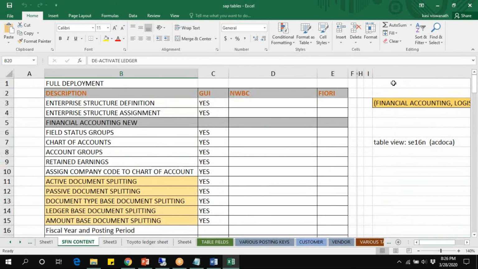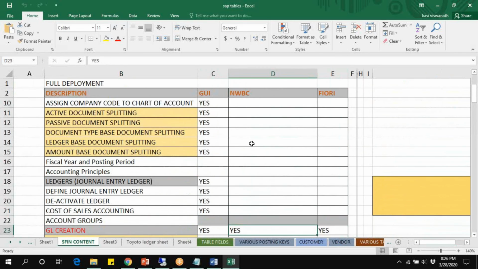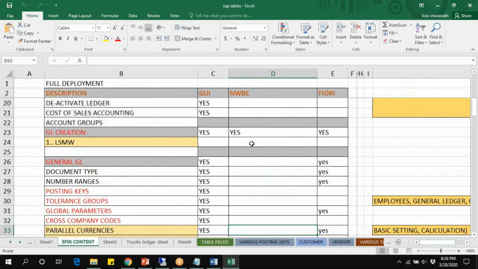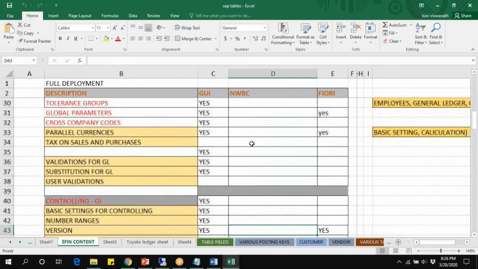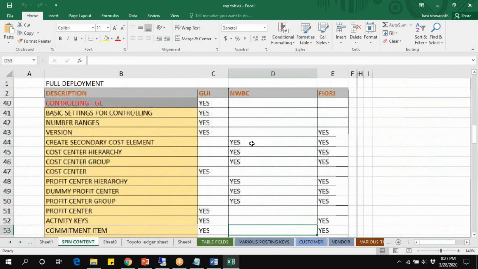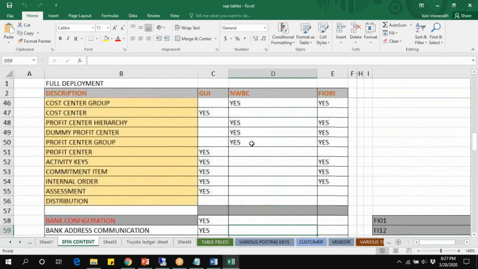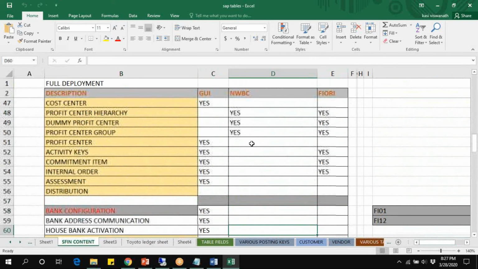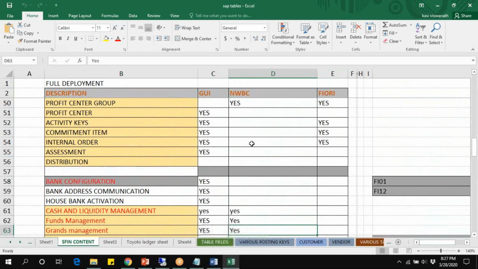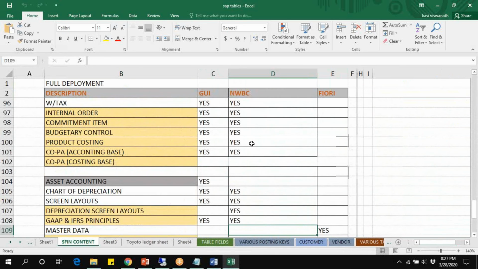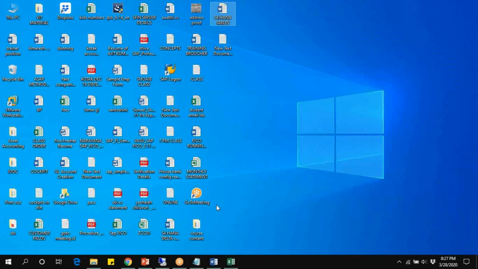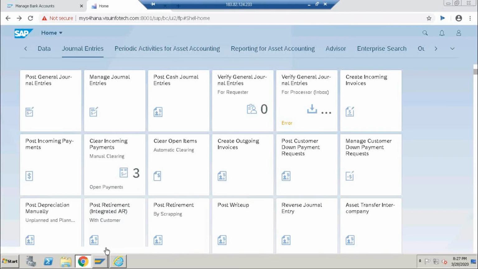Initially I said, what are the things we have to know to customize GUI, NWBC, and Fiori? I clearly mentioned it. What are the things which you customize on GUI, NWBC, and Fiori? Each and every platform which we customize, all the aspects. Clear? And in hybrid deployment,